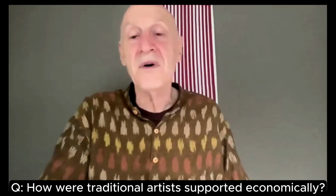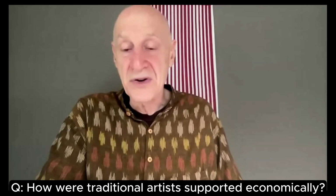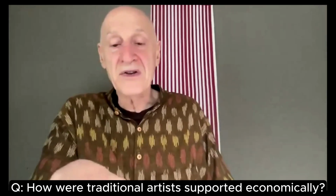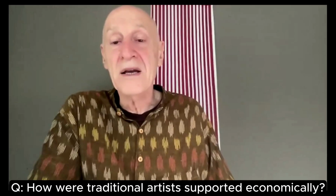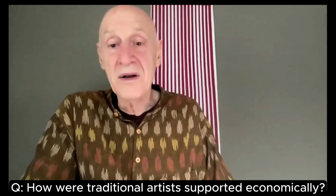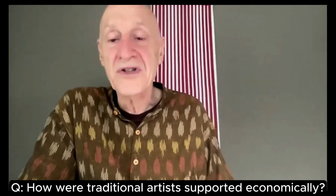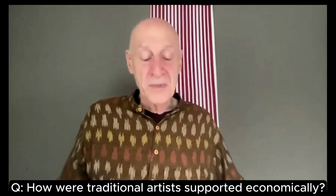But the prefectures, which were formed after the Meiji restoration as the modern version of the feudal states, those municipalities or governments took up some of the slack for marketing for their districts. And that's really falling apart in the last 30 years. That's a whole other subject. I don't know how deeply you want to go into that, but one of the reasons why